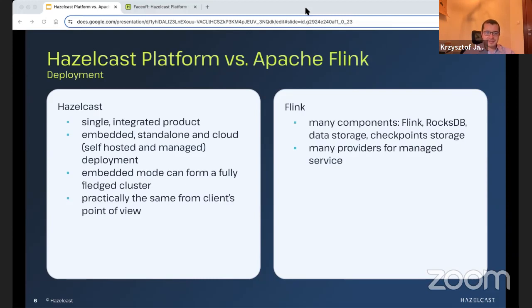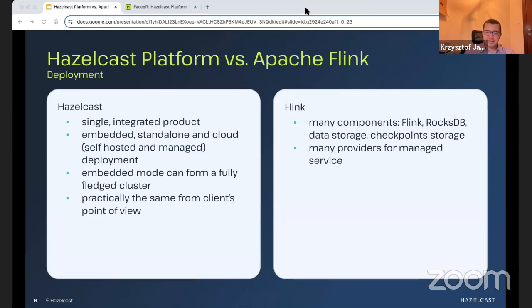Also, Hazelcast is a single integrated library or product. So you have everything in one package. You have stream processing, you have storage, clustering, also some management capabilities. Everything is integrated, and we can leverage the features in one component in another component. Comparing that to Flink,